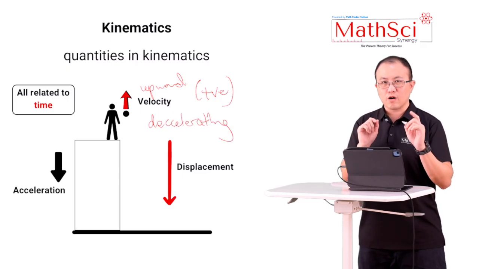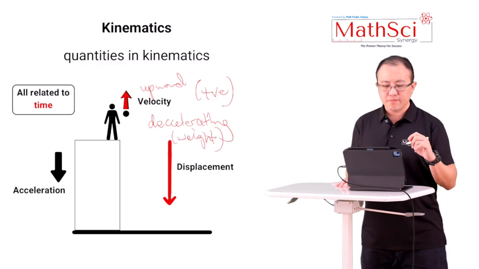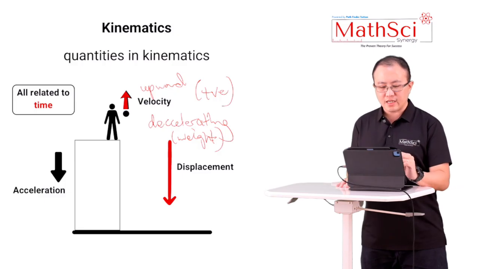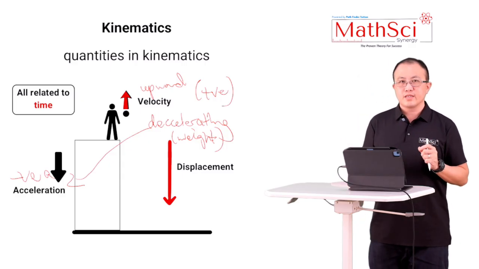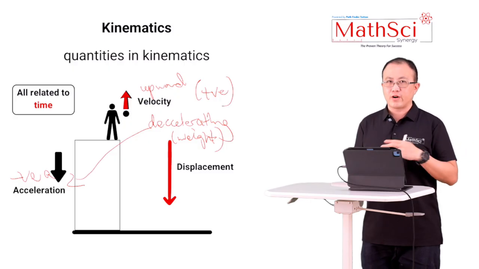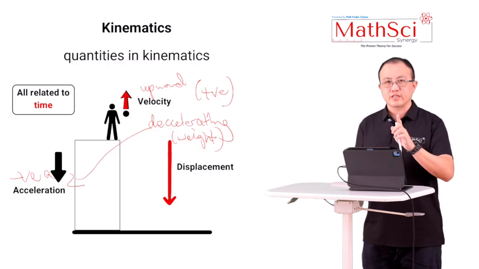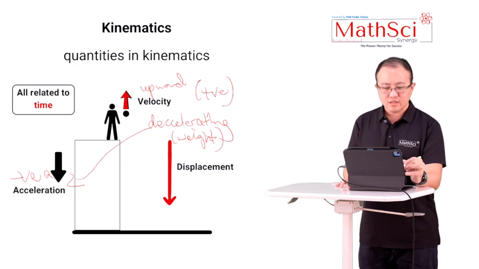And of course, this is all thanks to this thing called the weight of the object. The weight will be pulling it down, causing it to decelerate. And when you are decelerating, in this case, you can think of it as a negative acceleration. So when you see the word negative, it doesn't really always mean down or left or right or up. Basically, the direction is given by the negative sign,